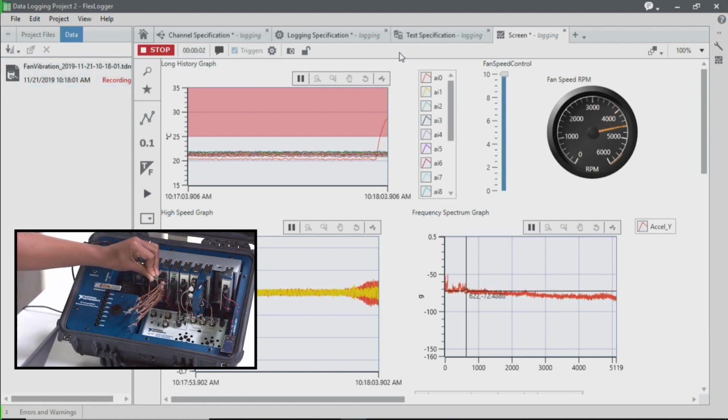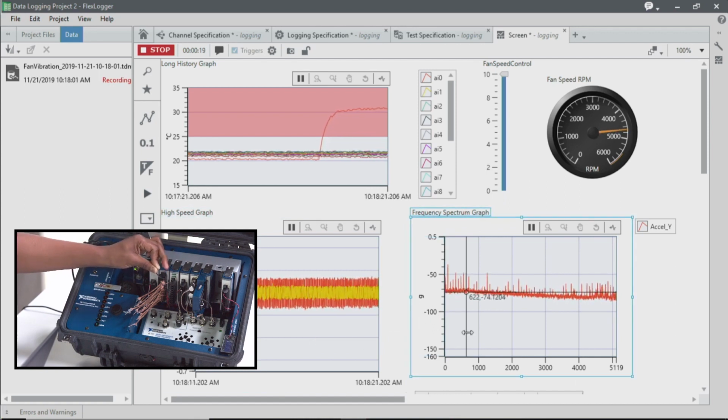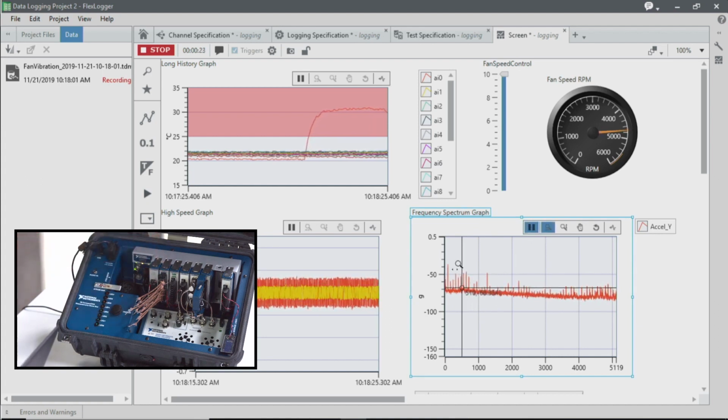And so now that the temperature has passed that set point, you'll notice that a file has started recording, and we've noticed that our fan has turned on as a result of the increased temperature in the system, and we're seeing some increased vibration here from that fan. I can interact with my data using cursors and even choose to pause and look further into my data to